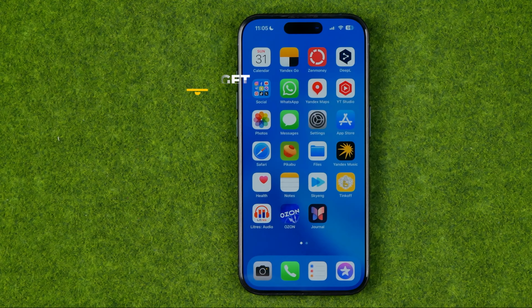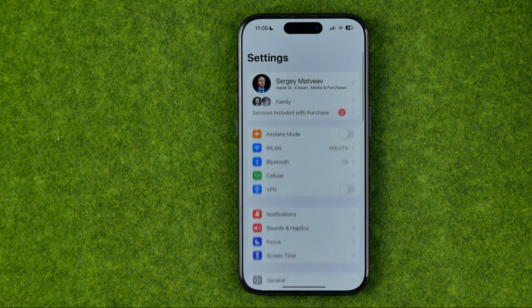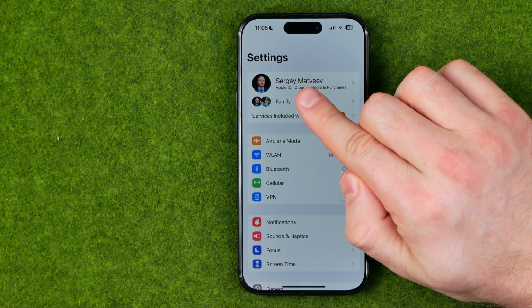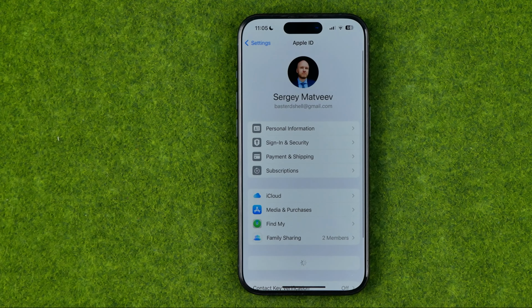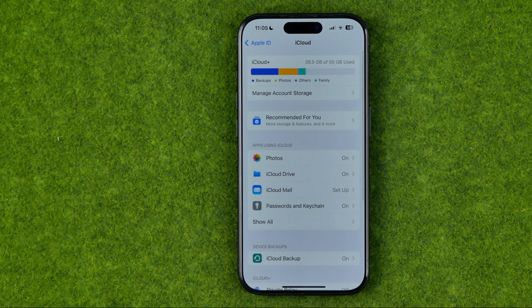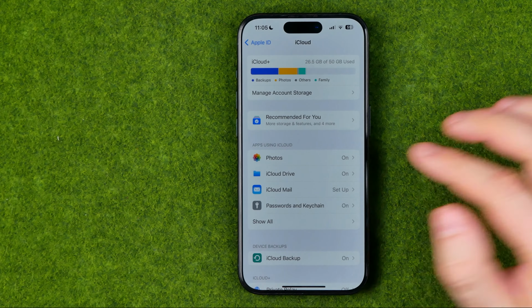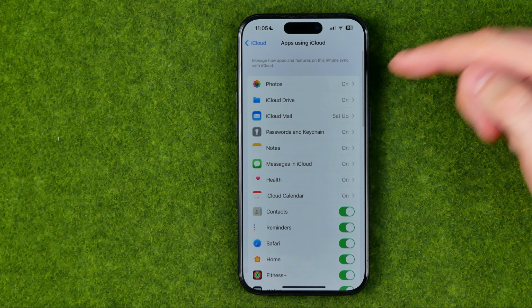Let's get started, guys. I'm gonna show you all the process from the beginning, and first off we need to head over to settings. Then tap right here at the very top at your name. Then get into iCloud. And after that we need to tap at show all to see all the apps using